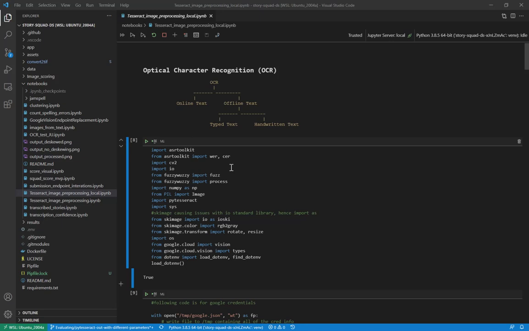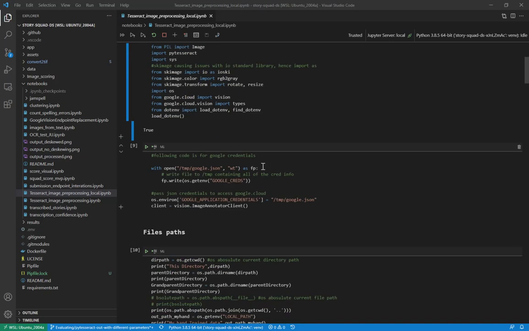When you're going to use this notebook, first, obviously, you're going to have to install it locally, as it will not run in Google Colab. So you have to install all the dependencies locally from the main GitHub repository, and basically